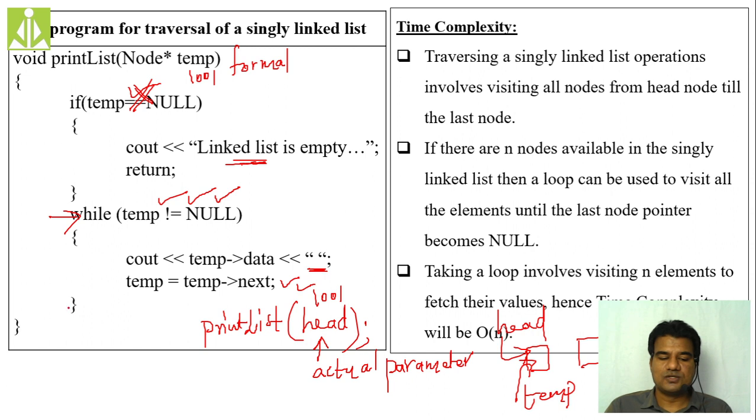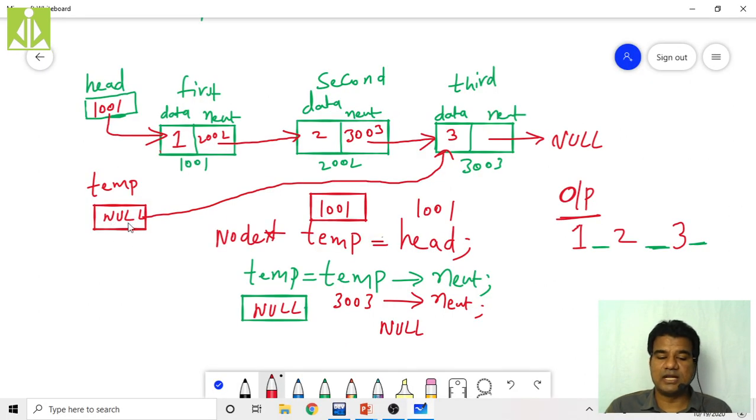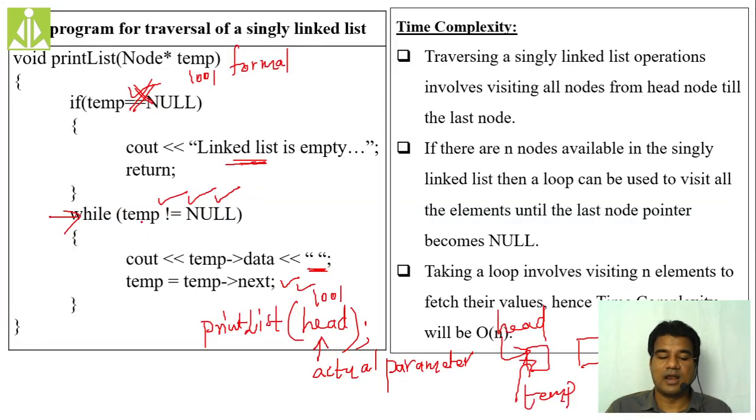Okay, so after this temp equals to temp of next, we have again the closing of this loop. So the loop will go to the next iteration and check this condition, temp not equals to null. But this time when you check the temp's content, it is null only. So null not equals to null, the condition is false, the loop will terminate and the print list function will also terminate. So in this way, we are implementing the linked list.